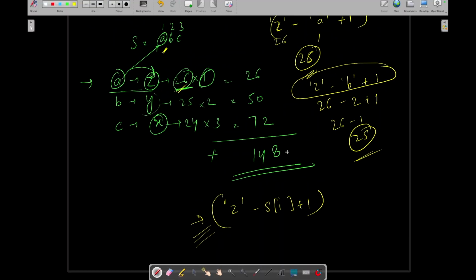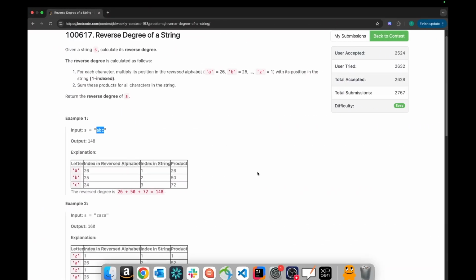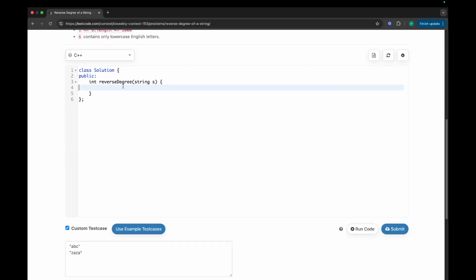Okay, so let's try to code this. Its code is going to be quite simple. First let's store the length of the string in n and declare a result variable with 0, and let's start iterating over the string and then simply update our result.